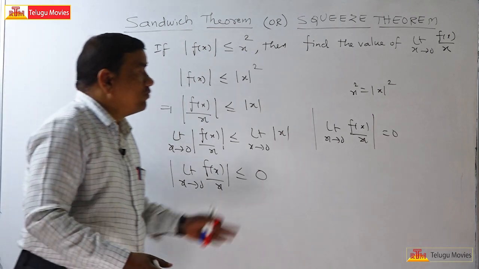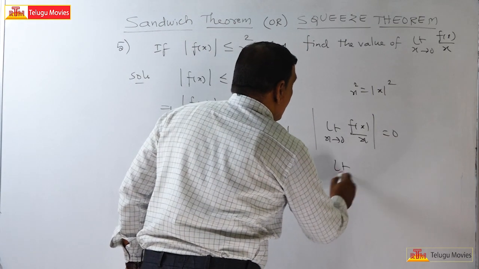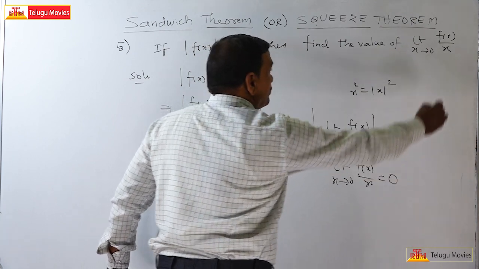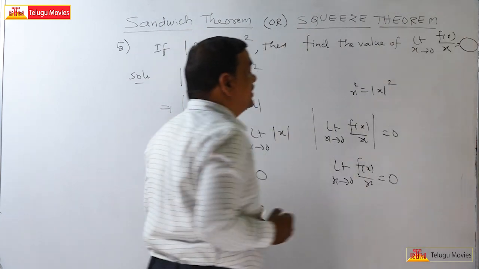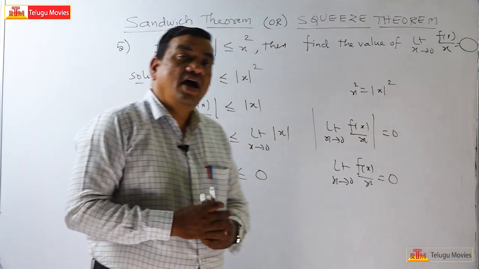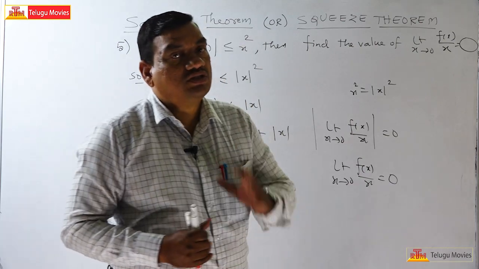So if mod x is equal to 0, then x is equal to 0. Therefore, the value of f of x by x is 0. So its value is 0. Understand? I hope that you understand this solution, and I hope that you enjoyed today's class with some more